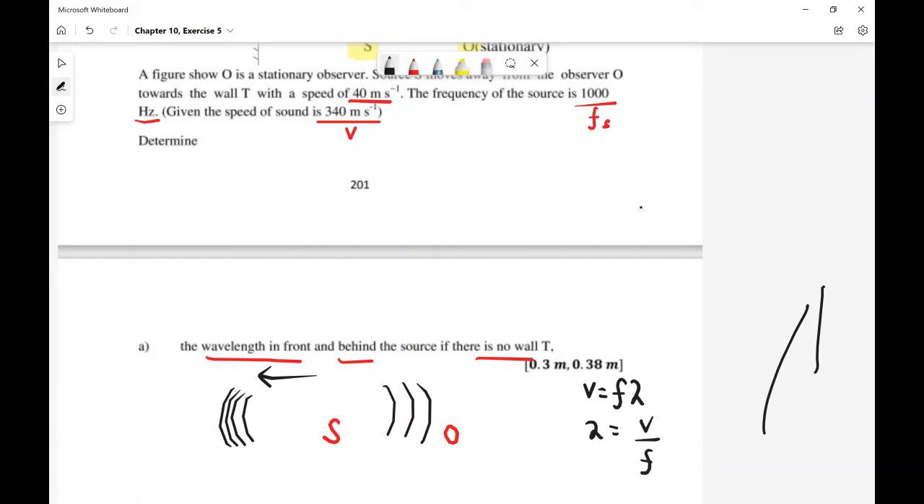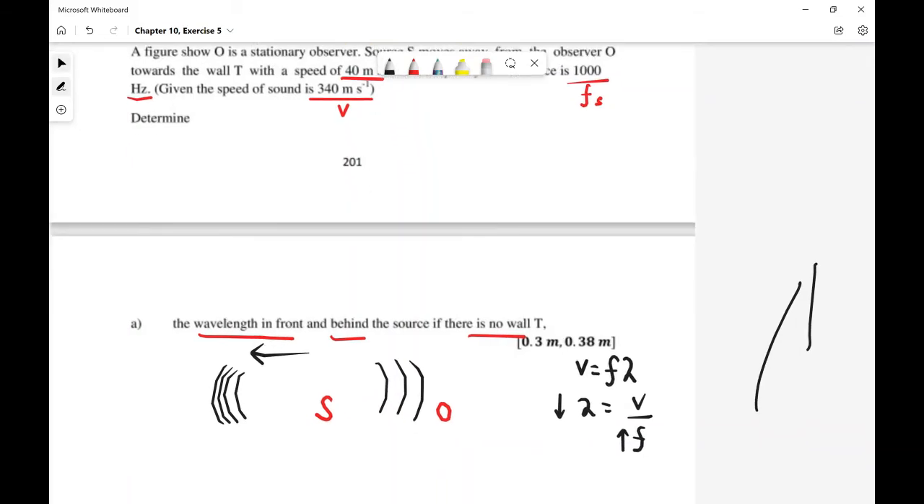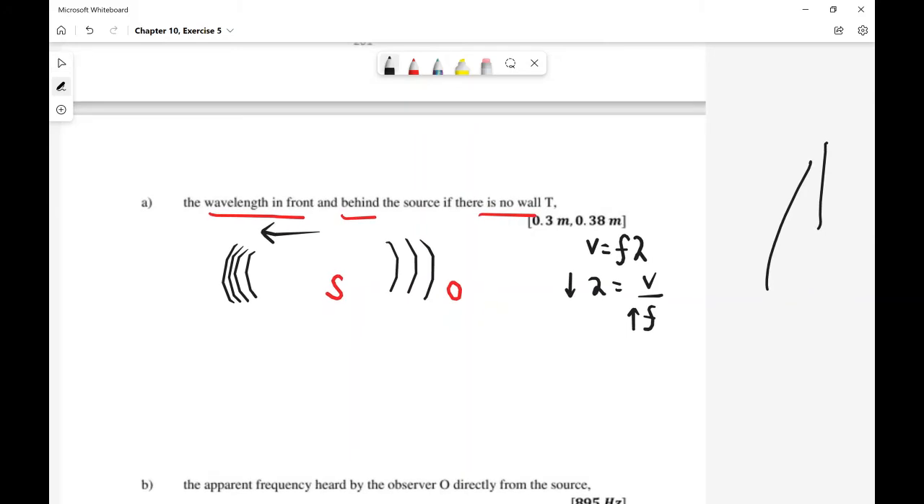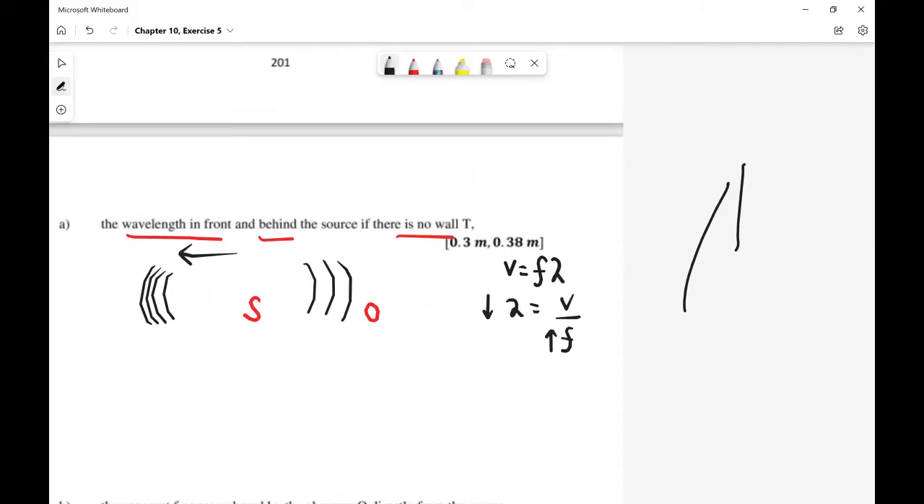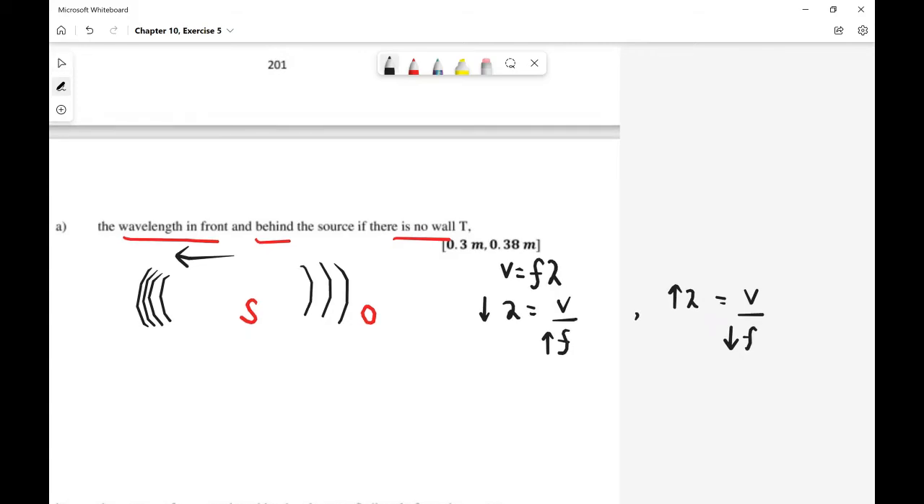So dekat bahagian depan source ni, bila lambda ni decrease, frekuensi dia akan lebih tinggi lah. So frekuensi dekat bahagian depan source ni akan dengar lebih tinggi daripada frekuensi sebenar. Dan dekat bahagian belakang source, lambda dia lebih besar. So frekuensi dia akan jadi lebih rendah lah daripada frekuensi sebenar. So maksudnya dekat wavelength in front, lambda in front ni, kita boleh guna